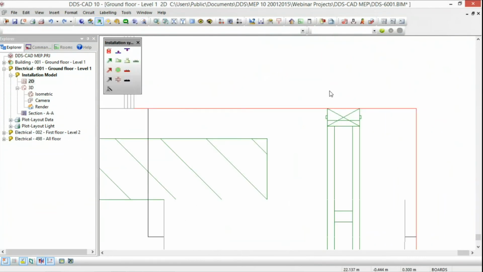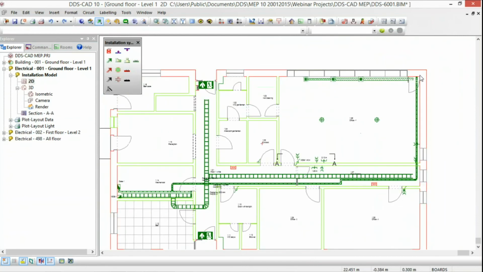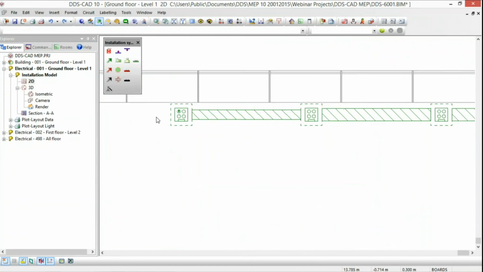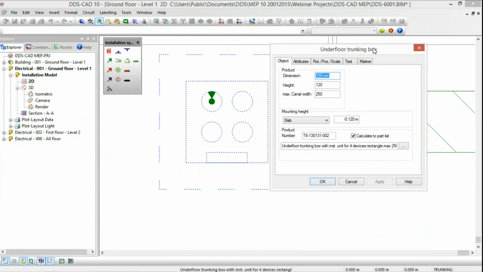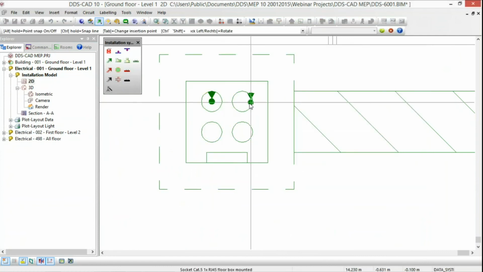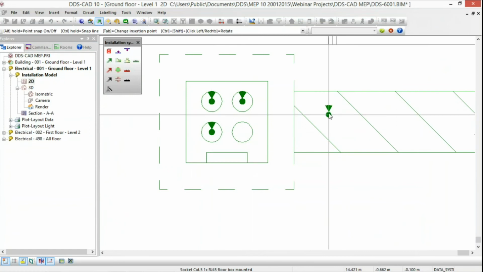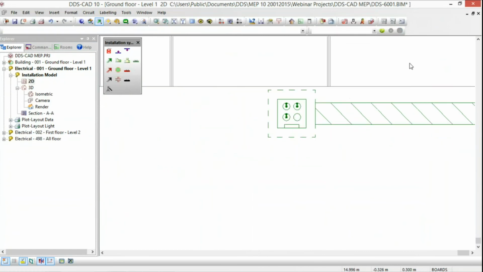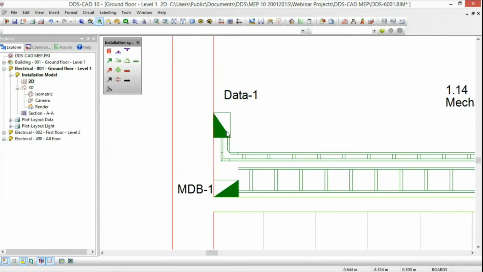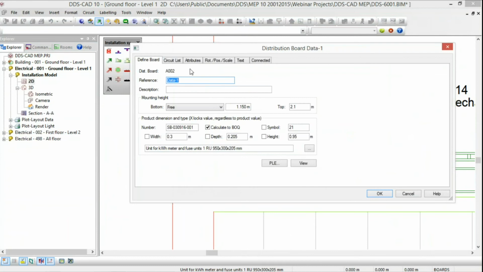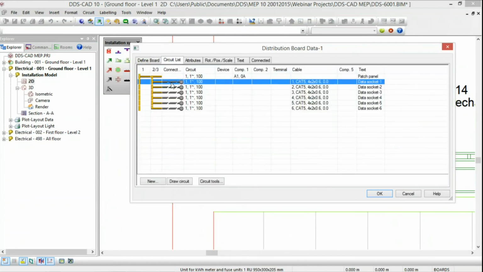So right now we will do the same step. On this particular floor, I inserted a trunking box for connecting data sockets into this floor box. And in the same way we connected the low voltage or the light circuit, we can also connect to a data rack. And in the data rack, it's also a distribution board which will have 6 outlets or 6 cables